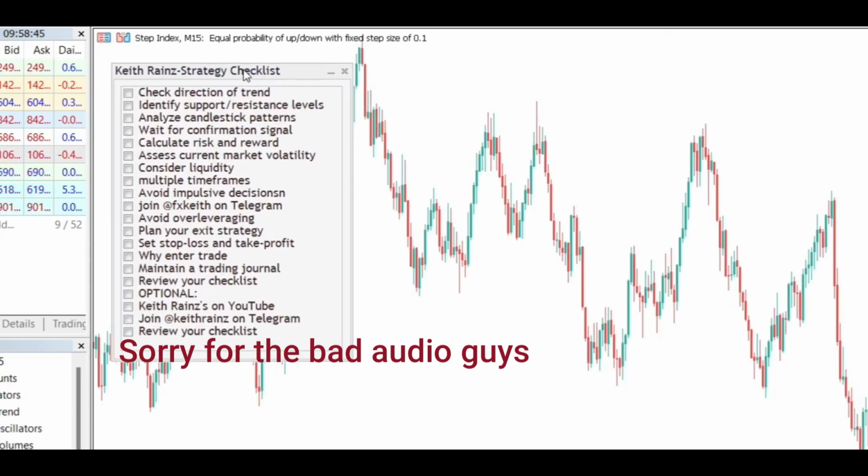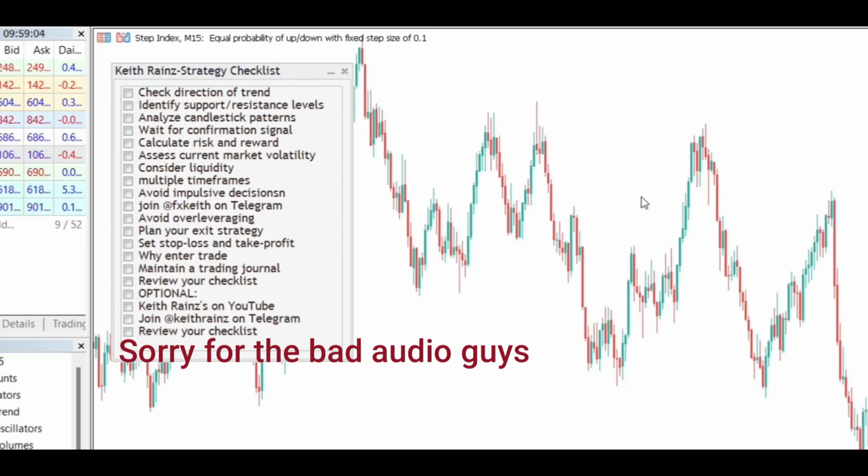So most of the time you're going to enter trades without even thinking twice, but this checklist is going to help you make sure that you actually do the right thing. So this is the checklist to use before entering a trade. So all you need to do, you can see,